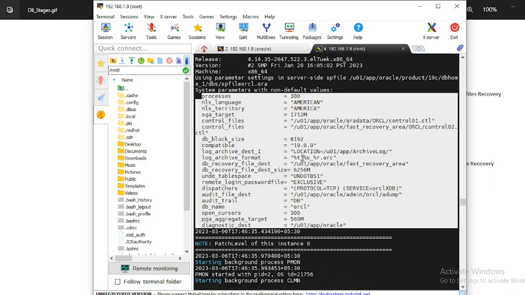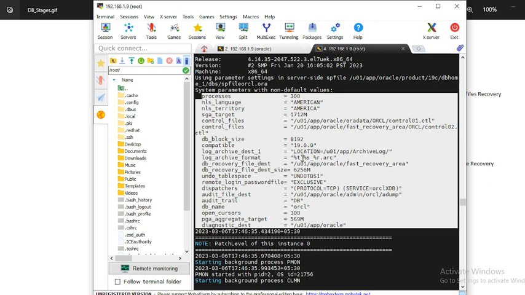Always remember, sometimes in the interview, the interviewer will ask: you have lost your parameter files, you have lost your spfile, you have lost your pfile, there is no backup of your parameter file, and your database has gone down. If your database is up and running, then there is no problem.